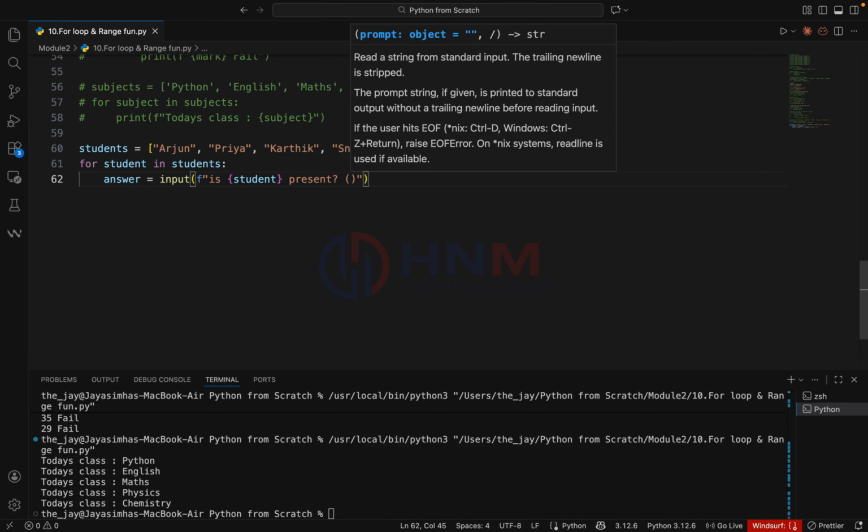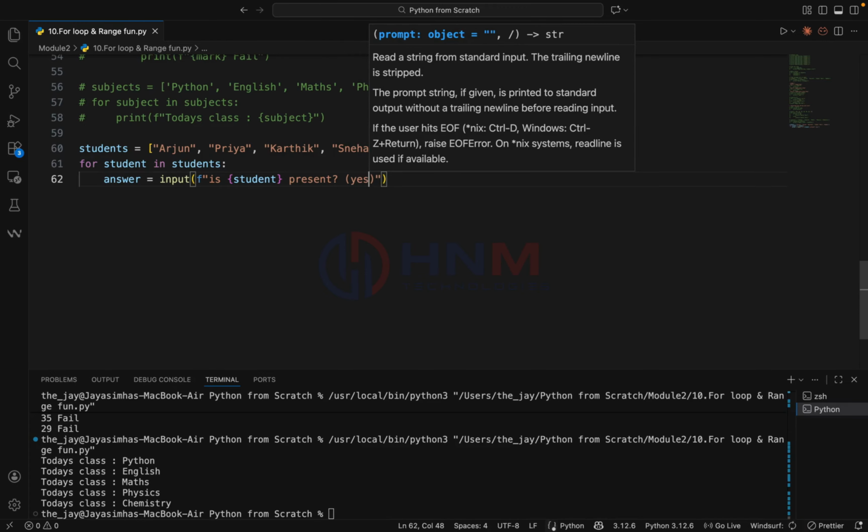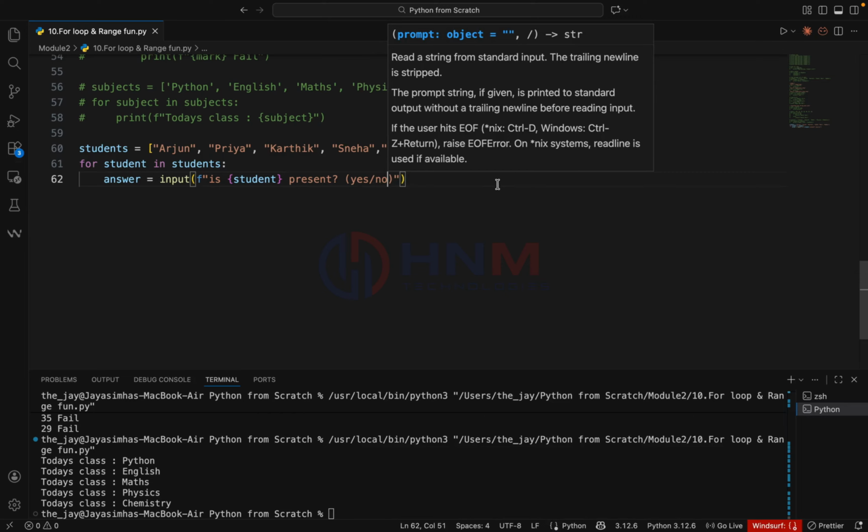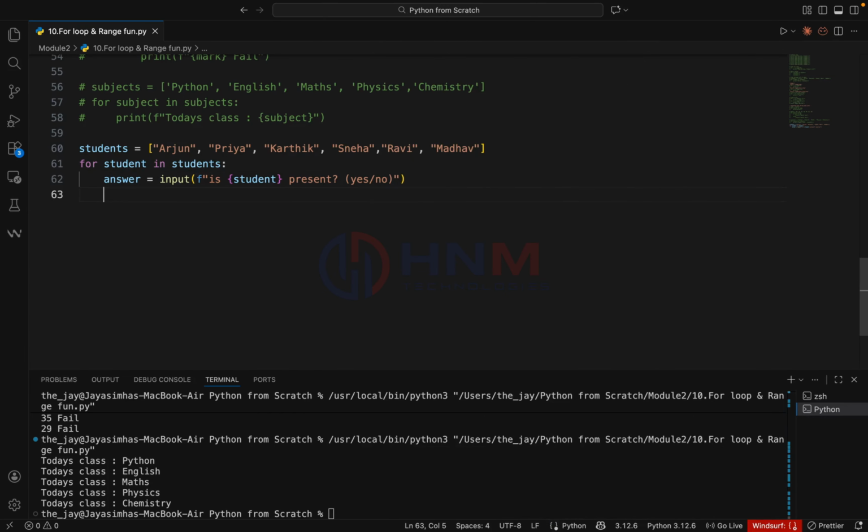So output like, I'm just giving a hint, yes or no. So this is the way I want to print. And if answer is assigning S, if answer is S,